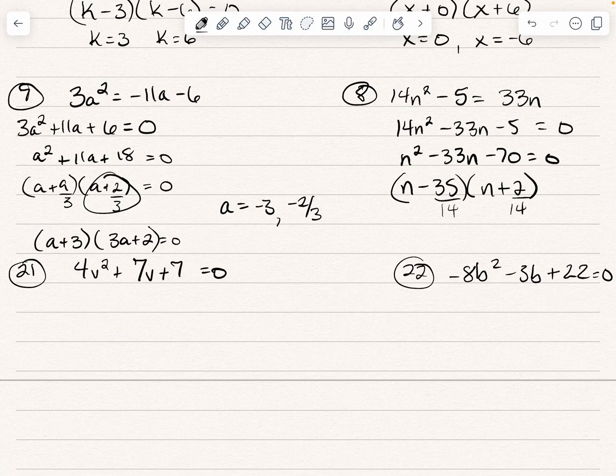Okay, since nothing divides evenly, that means I'm going to have to split this up and simplify these fractions. All right, I can divide everything by 7, so this is n minus 5 over 2. And this is going to be n plus 1 over 7. Okay, so those factors are going to end up being 2n minus 5, 7n plus 1. All right, n is going to be a positive 5 over 2 and a negative 1 over 7. So that's how I work through the first